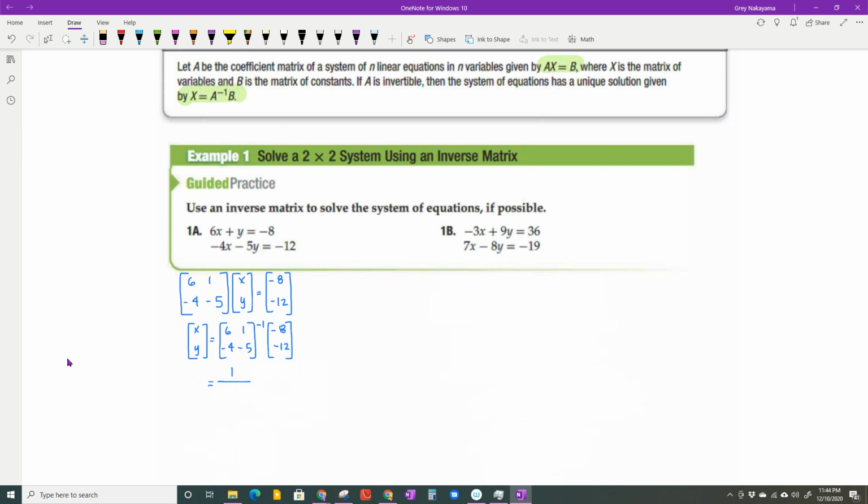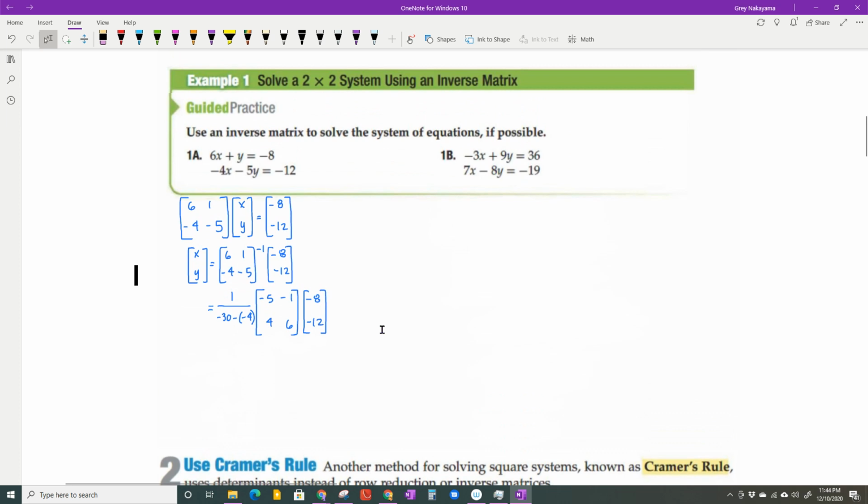We're going to have, you have to take 1 over the determinant, which is downhill minus uphill. And then when you create that new matrix, you switch the main diagonals. So I'm going to have, instead of 6 in the top left, negative 5 and a 6 in the bottom right. And then I negate the other diagonal. So instead of negative 4, I will have positive 4. And instead of positive 1, I will have negative 1. And then I'm going to multiply that by the